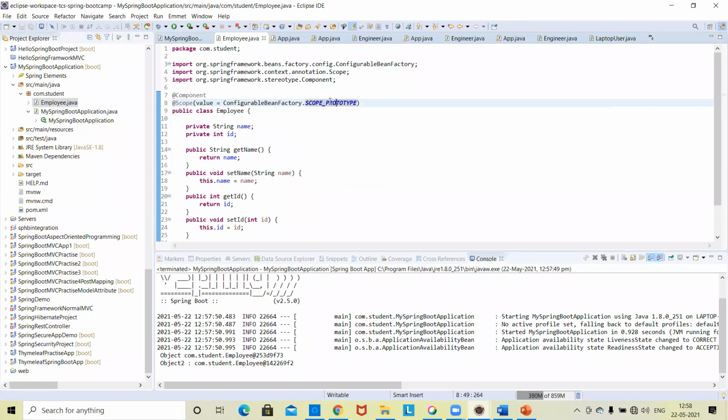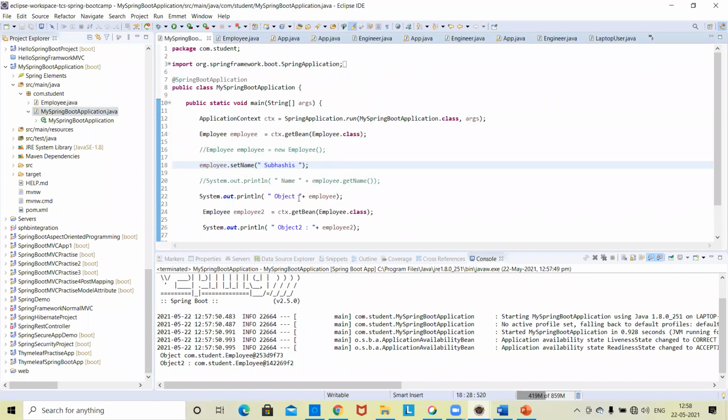If we write it in prototype scope, what will happen? Your instance will be different. If you write it, then the two objects are now different.